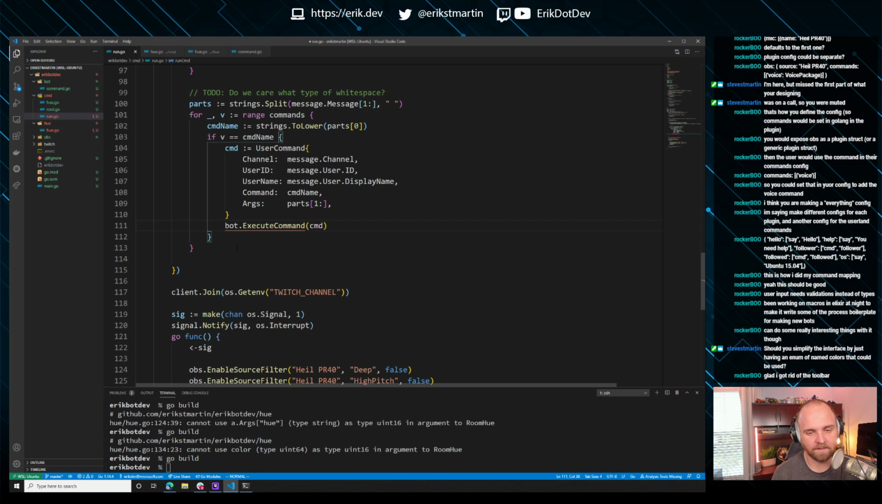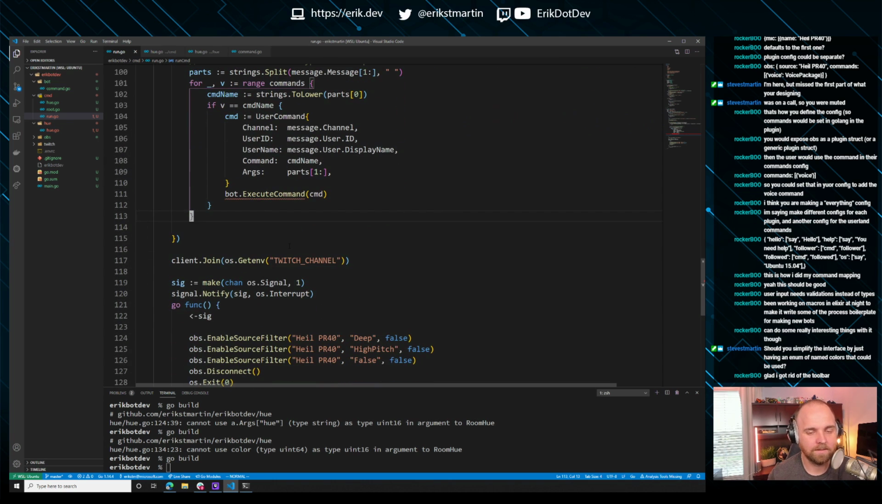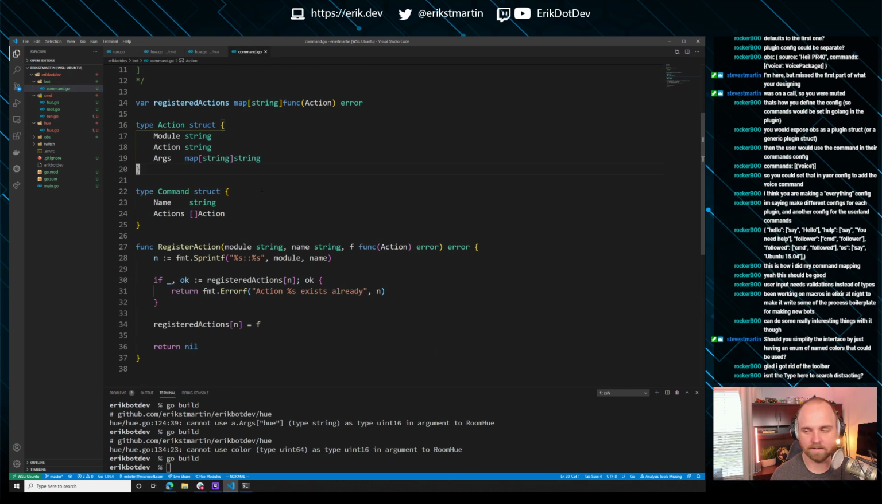We are missing something, because what we implemented was actually the action. And remember, we said that a command could be a series of actions. So, onward. We need an execute command. That means inside of our bot here,